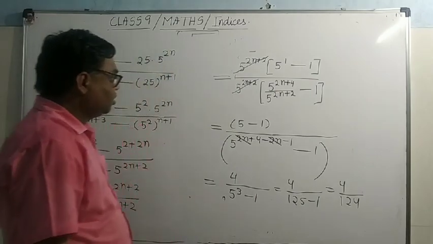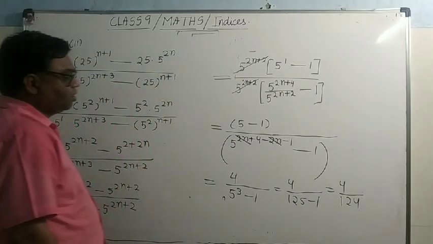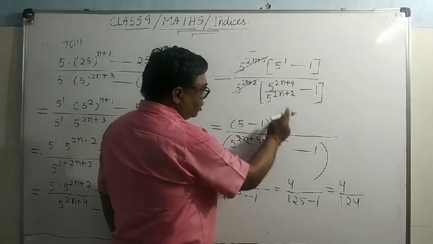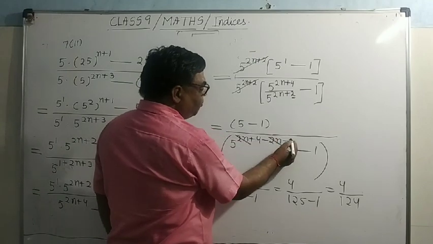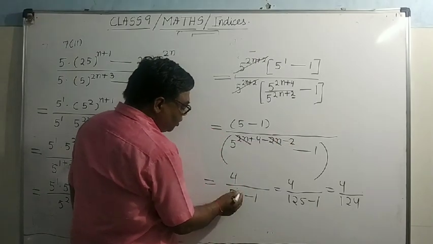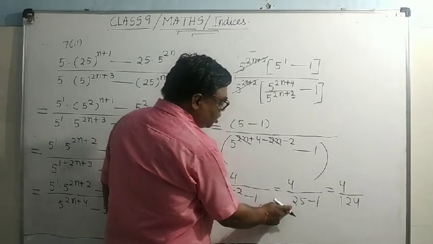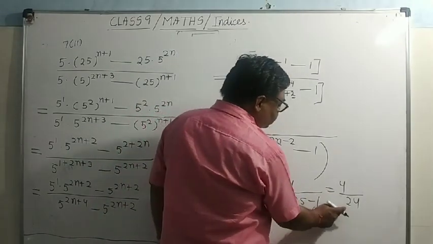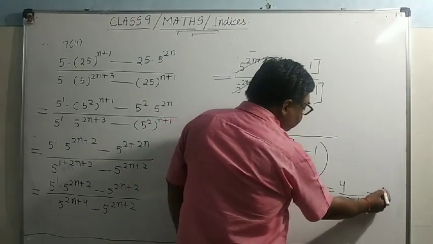Is it clear? Here, not this, this is 2. You can see here, when you subtract, it will be 2. So here what is left? 2. So this is 25 minus 1. 25 minus 1 means 24. That is 1 upon